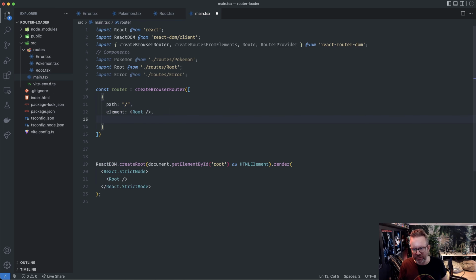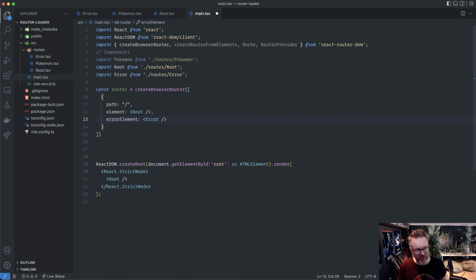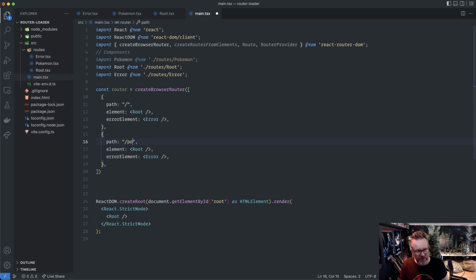That's the component that we created. We have an error element that is going to be shown if we go to a route that doesn't exist. So that's the root route, so to say. Then we're going to have one more route. So I copy this, paste it in. And the path is going to be Pokemon